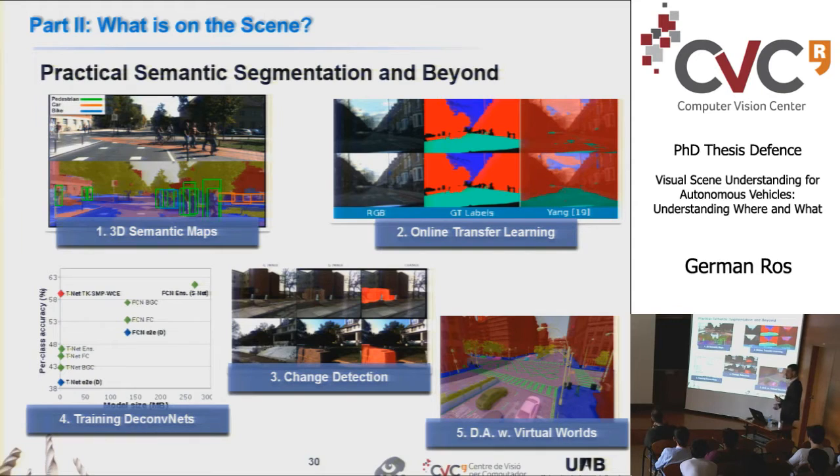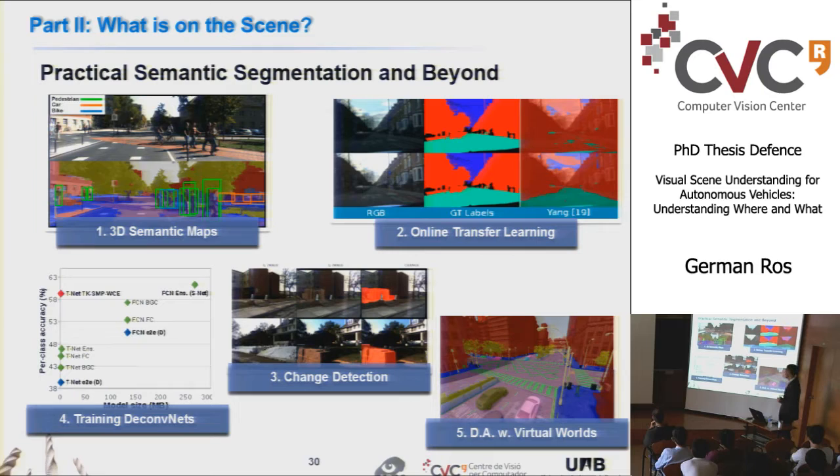Related to this problem, we have also addressed in this session several issues and proposed several related approaches. For example, I would like to highlight that we propose to improve the efficiency of this method by leaving out the computation of semantic segmentation in an offline stage and then recovering it by using mapping. We have also proposed practical ways to deal with model adaptation online when we have a pre-trained model, and we also propose a tool to address this issue. And then we also saw a way to extend semantic segmentation models to a more challenging problem, which is change